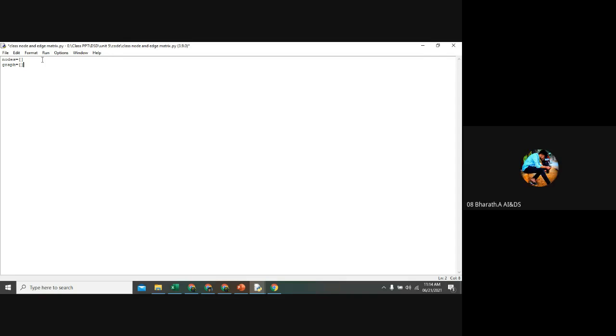Sir, nodes or vertices, sir? You can take nodes or you can take vertices. This is a variable. You can take either nodes or vertices, or you can give any alphabet also. N is equal to, Z is equal to, whatever it may be. That is not a problem. So I am taking nodes. While explaining the concept in theory, I take this as nodes because when I am explaining the program, it will be very easy. If it is vertices, it will be somewhat tougher. So that is why I am going with node. You can take vertices also, no problem.